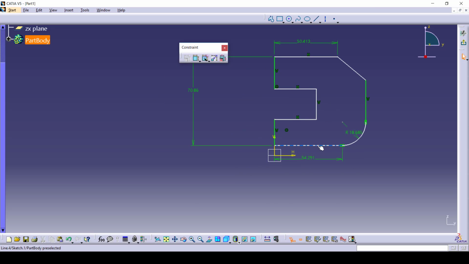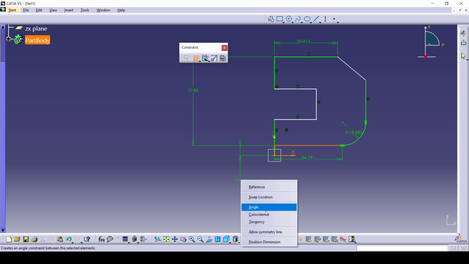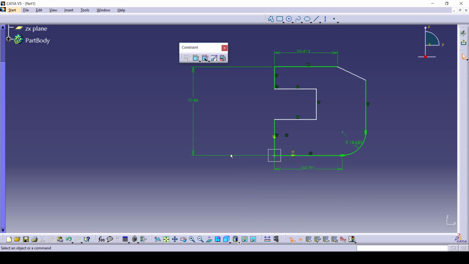Okay. So I'll select these two elements and I will select constraint. So I'm getting a distance. I'll right click and I'll just coincide. Okay. So this is one way. So you can constrain it by two ways, either by using constraint define dialog box or else using this constraint element. I'll just constrain this. I'll constrain this element and I'll constrain this element. So here I will just provide angle.